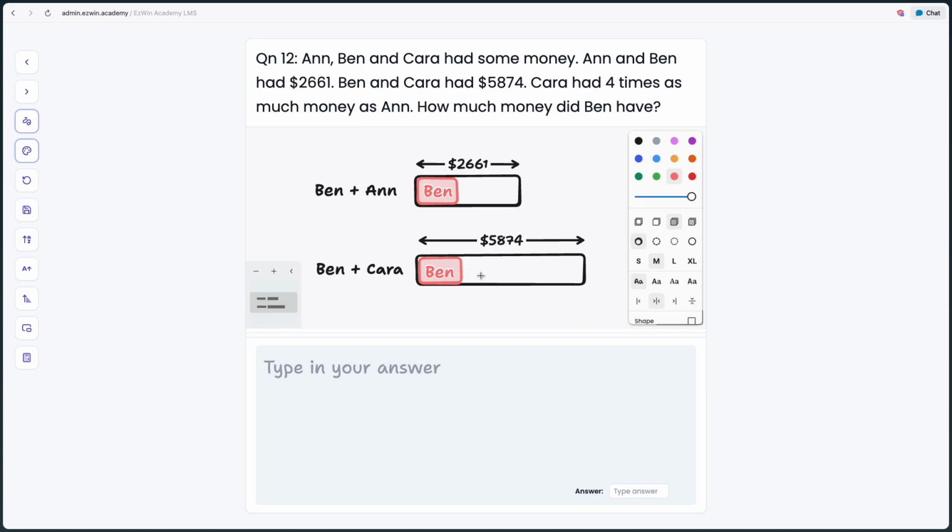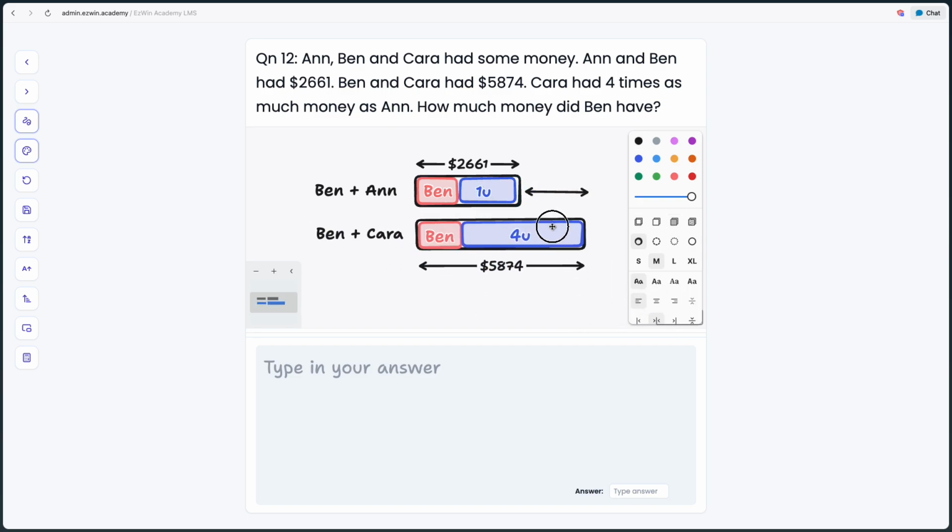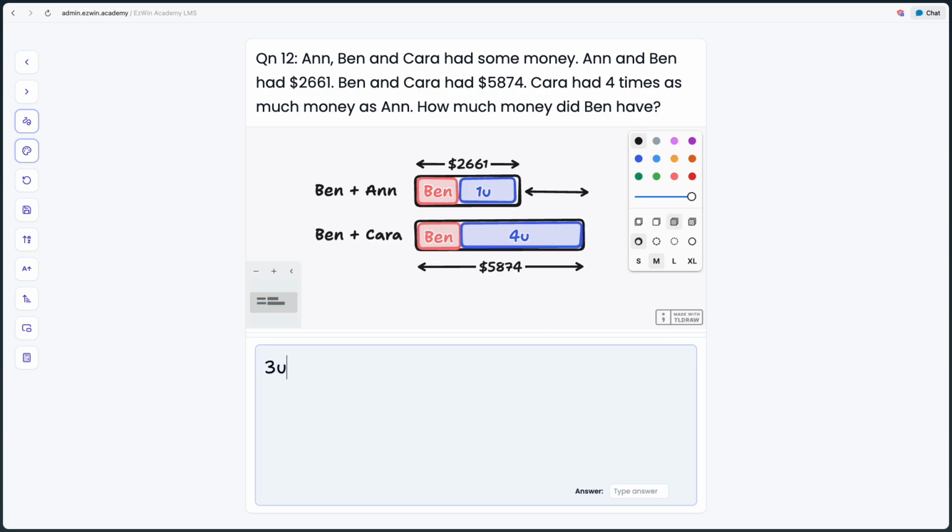And then we have Kara has 4 times, so in this case, I'm going to put this as 4 units. Kara has 4, and then Anne has 1. So I think we can safely see what we can do next, right? We can just get the difference between these two. So essentially 1 unit and 4 units. I'm just going to put it like this so it's easier to see. So that means 3 units is equal to